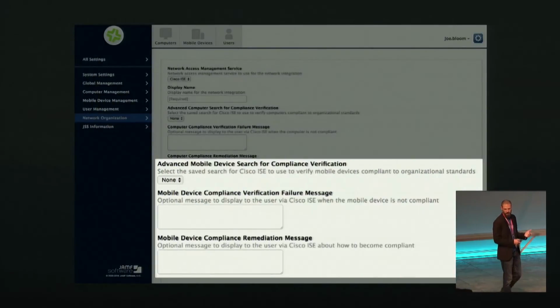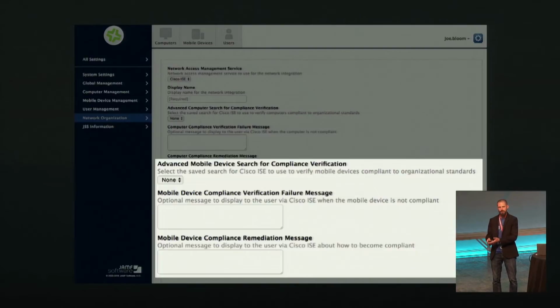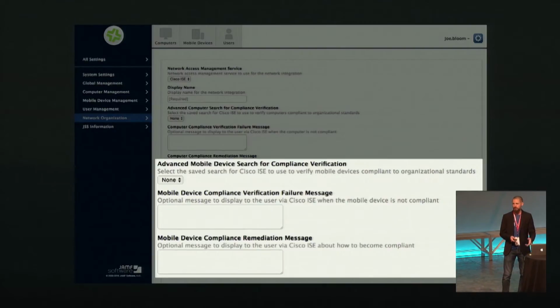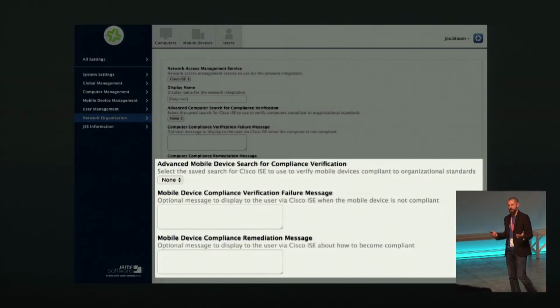We do the same thing on the mobile side. So again, set up a compliance-related search criteria. You can pick that from the drop-down of what you want that to be, and again, provide the failure message and the remediation message to your user. We want to make sure that your network is secure, of course, and we want to make sure that you can help the user a little bit. If for some reason they changed their passcode, it didn't meet your spec, you can go ahead and have them